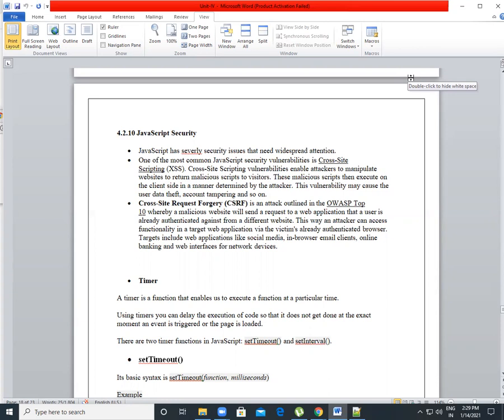If XSS vulnerabilities aren't mitigated, they can result in user session hijacking, data theft, account tampering, malware spreading, or remote control over the user's browser.